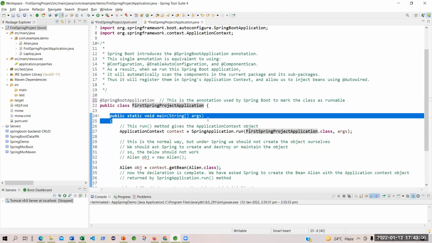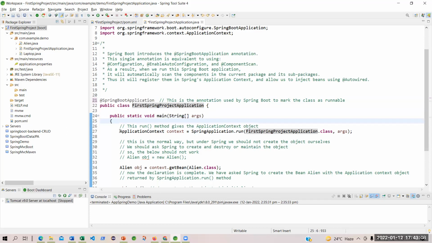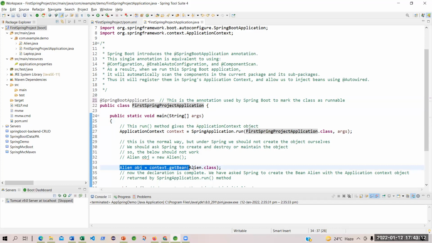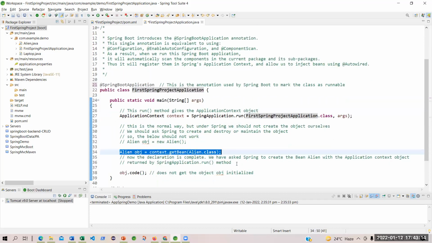This one I have not written. This I have not written. Yes, I am writing from here onwards. But up to this part has been given by Spring Boot whenever I was creating this project. Okay.